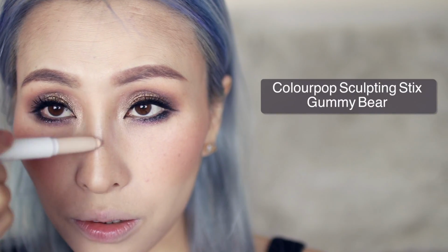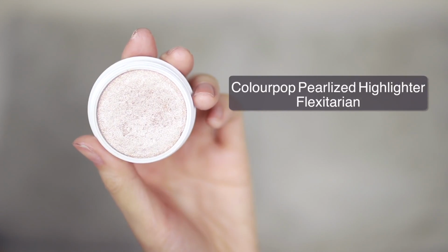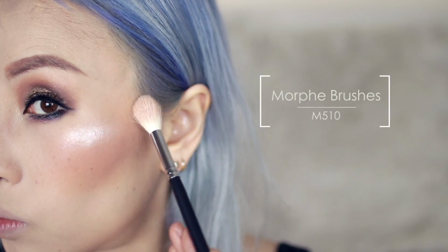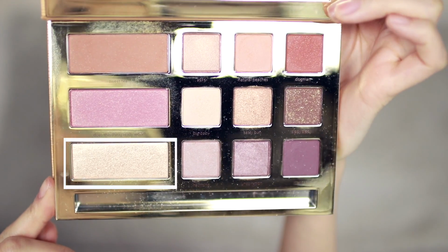To highlight the bridge of my nose, I'm using a matte highlighting stick from Colourpop again called Gummy Bear, and again just using my finger to rub this product in, and it serves as a matte highlighter before I lay down my shimmery highlighter. Speaking of which, I'm going to use Flexitarian from Colourpop. This is a super mega intense highlighter. It is slightly on the frosty side though, so I'm going to add a little bit of warmth with Gator